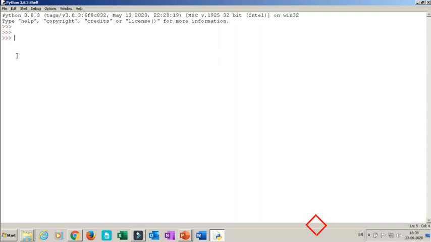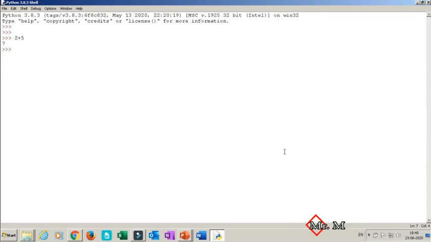Why is it called interactive mode? Whatever command we give here, the Python interpreter will return the answer on this screen itself. We don't need to save it. For example, I'm writing 2 plus 5. I'm getting the answer 7. Just now I'm getting the answer here itself. This is the interactive mode. So the interactive mode of working means you type one command at a time, and Python executes the given command there and then and gives you the output.